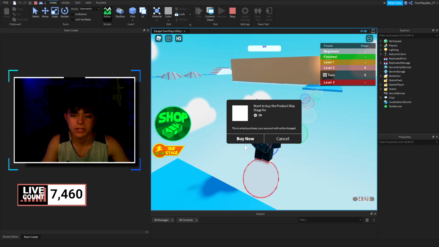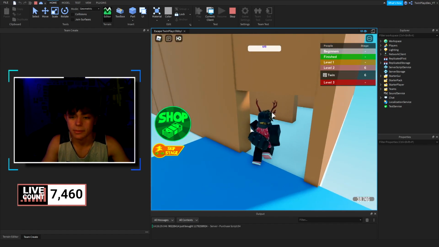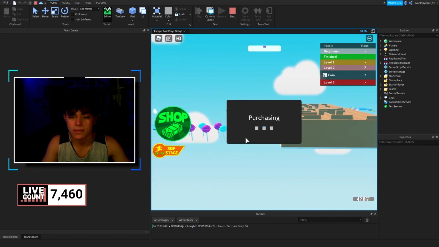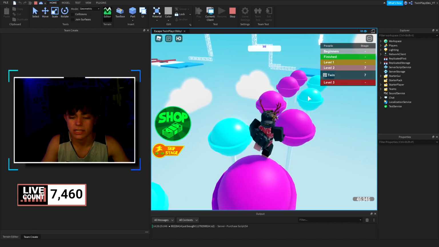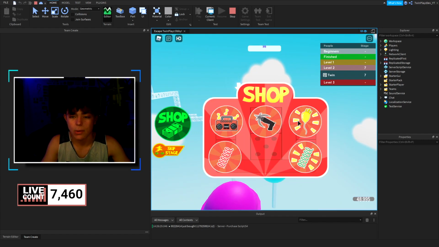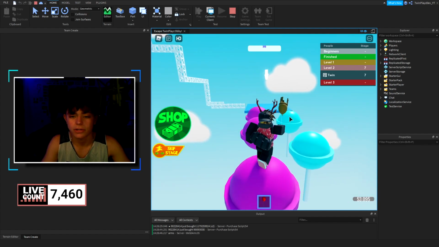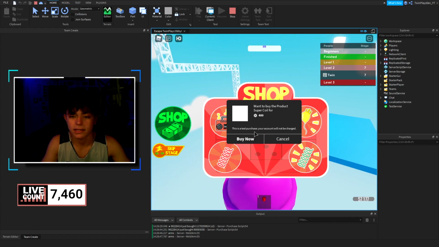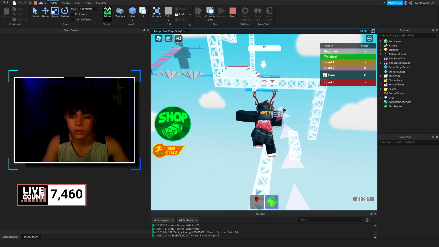And when I hit skip stage, if I were to buy it, it's just a dev product. It's going to skip me to the next stage. And then we keep going, so we can skip this stage, do the same thing, skip stage. There we go. And our stages are going up, same for the levels, as we did in the other video. And let's say we wanted to buy something right here. Okay, we wanted to buy a golden balloon. This would go right here, and you can just have a balloon for fun reasons. Let's say we want to get this super coil or something like this. Right here. You know, you get a super coil now.